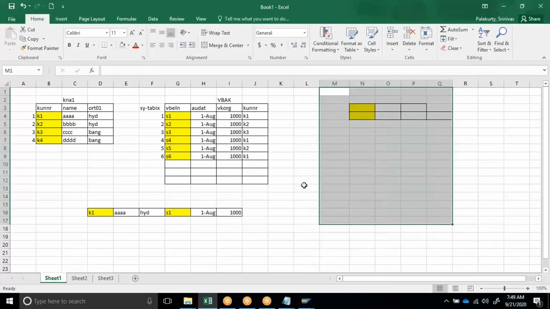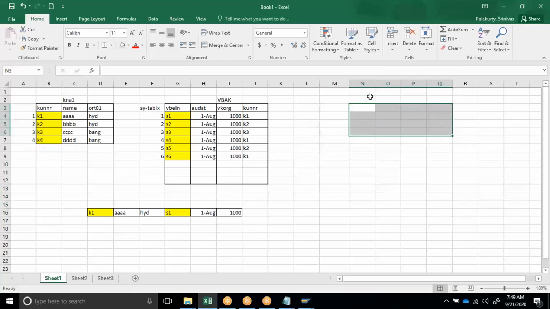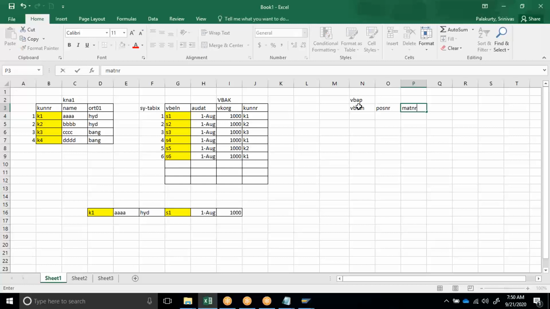Let's take one more table, VBAP, with sales document, VBELN, POSNR, MATNR. The sales documents are S1, S1, S1, S2, S2, S2, S3, S3, S3, with item numbers 1, 2, 3 repeating. Like this, there are some records.